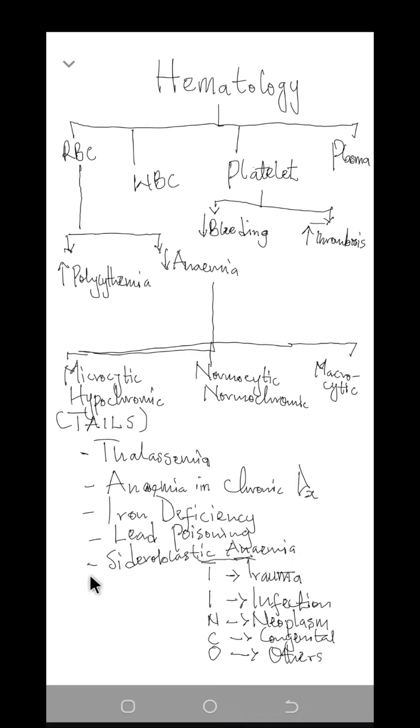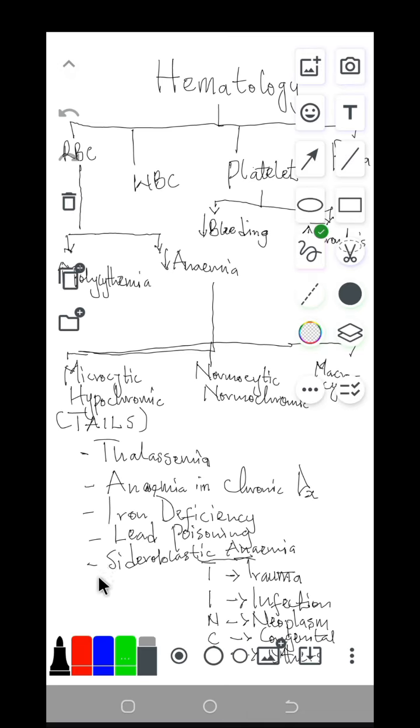So basically, that's it for today. That is a summary of what you should know when it comes to hematology. So once you understand that, in hematology we have RBC, white blood cell, platelet, and plasma. And hematology is the study of blood and its components. Once you begin to identify the traumatic